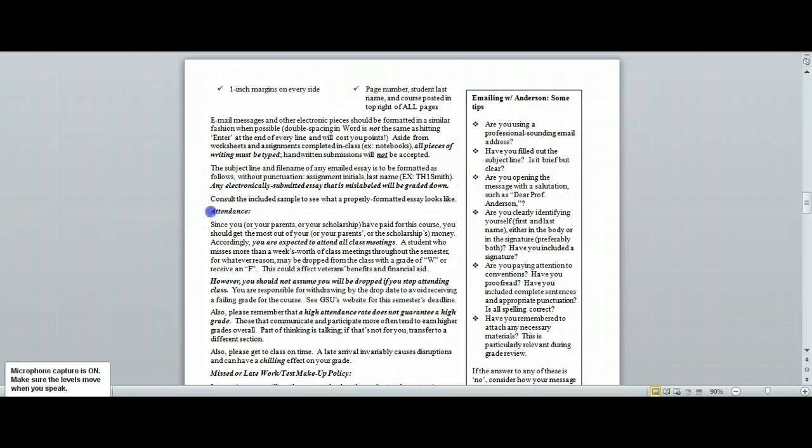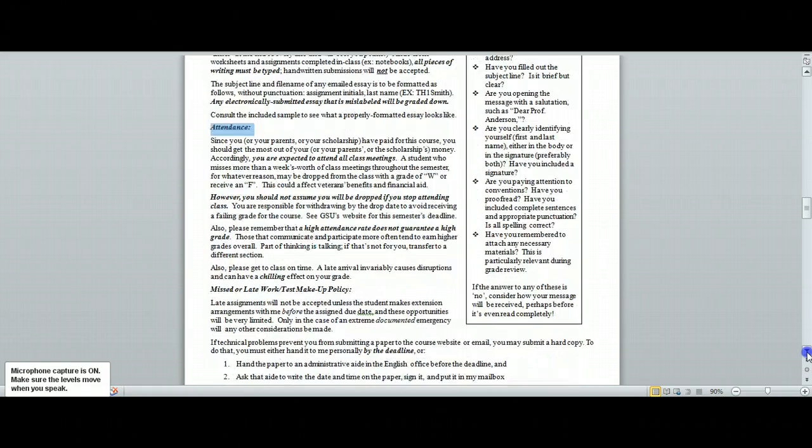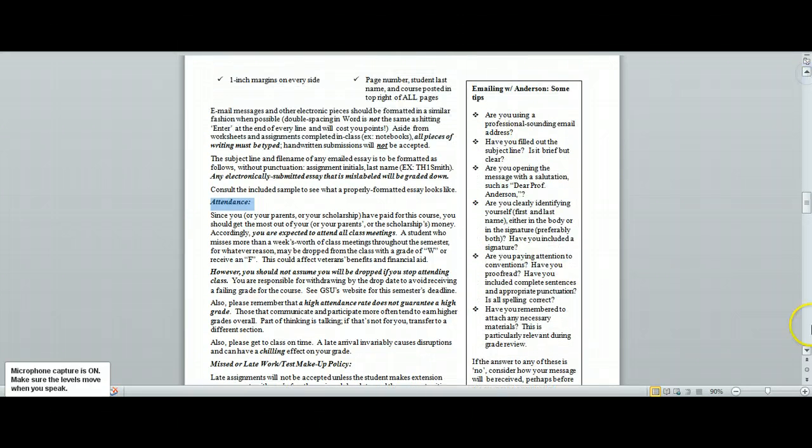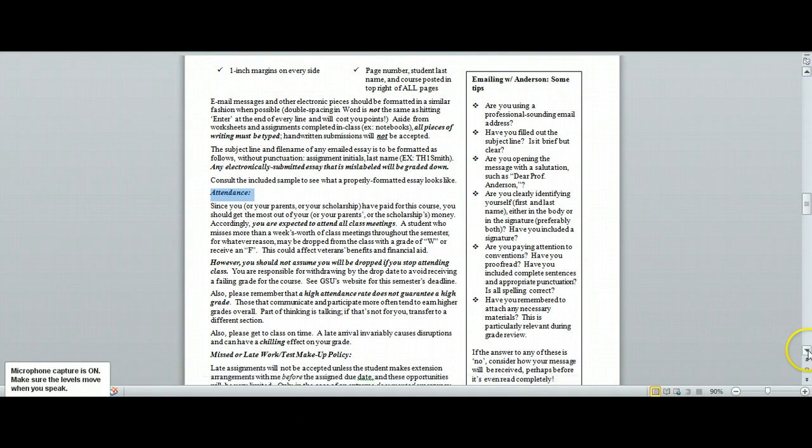So we now move on to attendance. I'm not going to belabor attendance too much. Please make sure that you're getting to class. If you're not, who knows what's going to happen to your grade. You can read through the attendance section on your own. Let's take a look at this little sidebar, though, since I did make a little bit of a show of